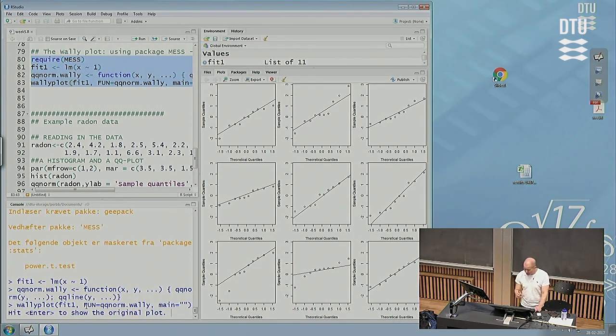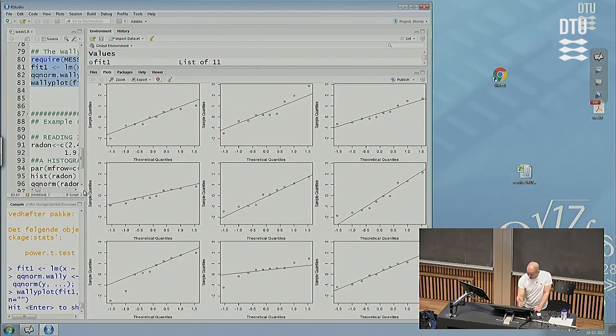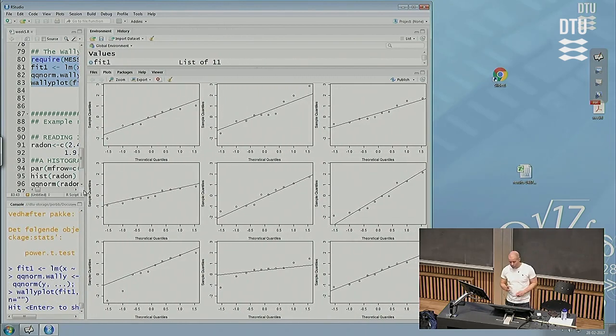So one of these 9 plots is the original QQ plot with the QQ line, but the other 8 are QQ plots from real normal data. So we simulate normal data. So 8 of them are as normal as QQ plots could be with this number of observations, and one of them